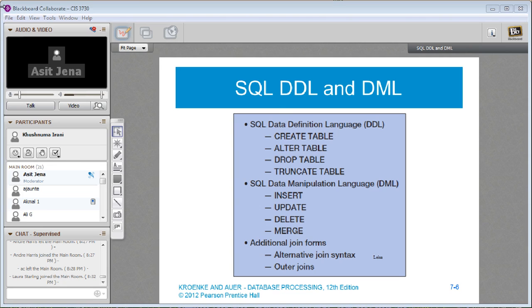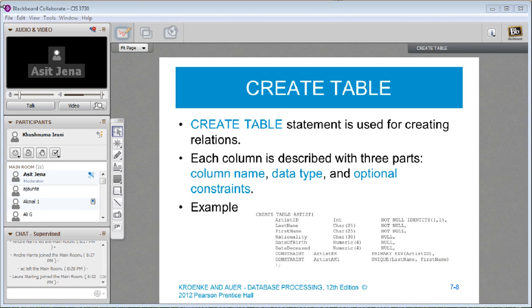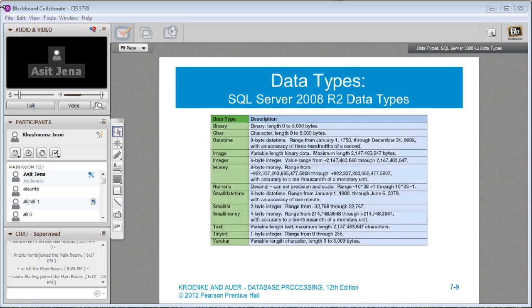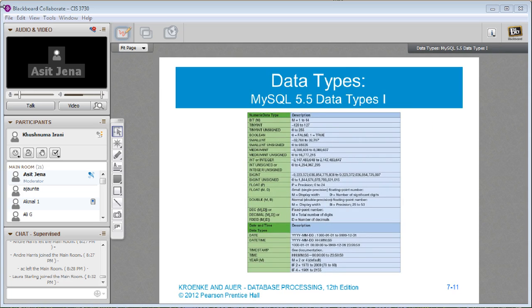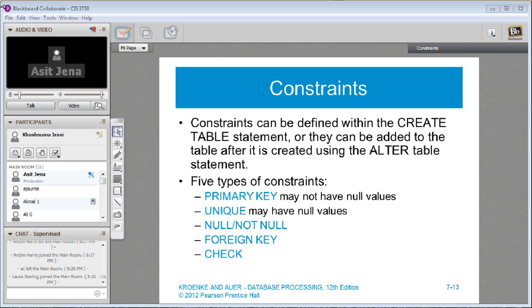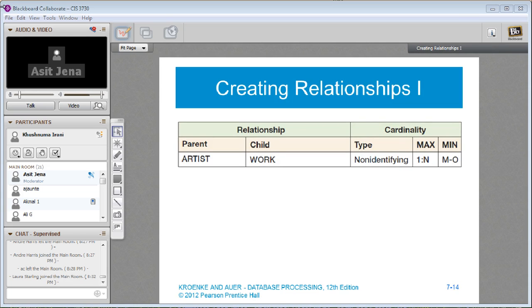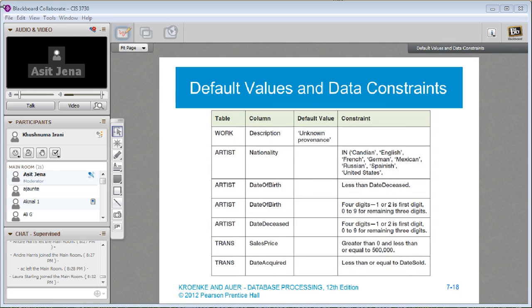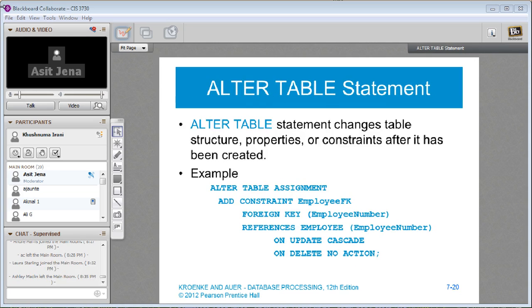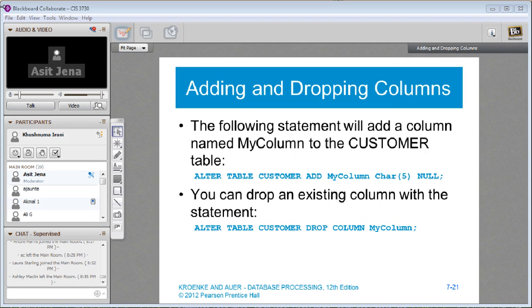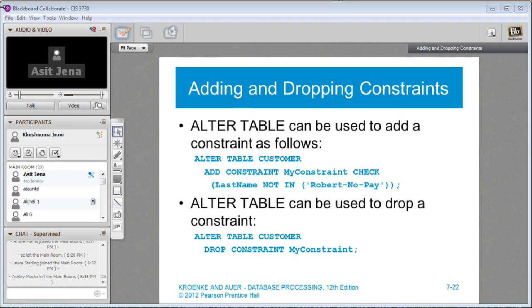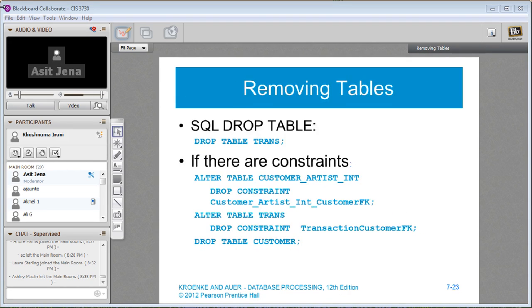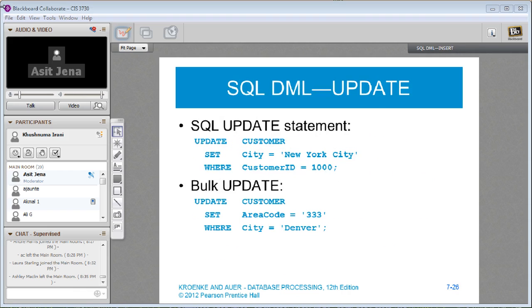Insert, update, delete, and merge, those are very important. And we will talk about the outer joins in next class. But these you must practice. As I said, if you cannot do these things, you obviously cannot fully finish the project. But don't focus on the constraint as much, because that's, again, you can learn it later on in your life. But more about create, alter, delete, drop, and those are important.